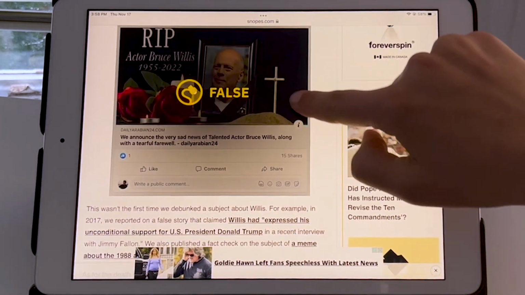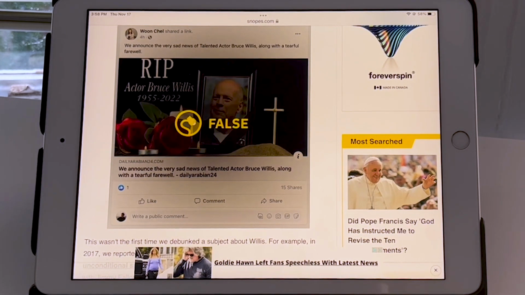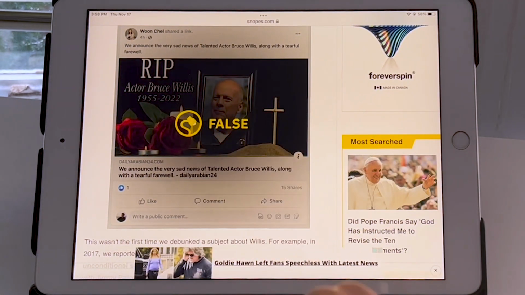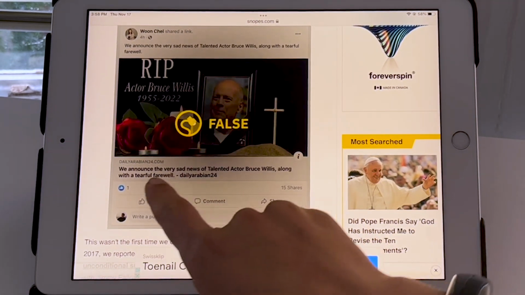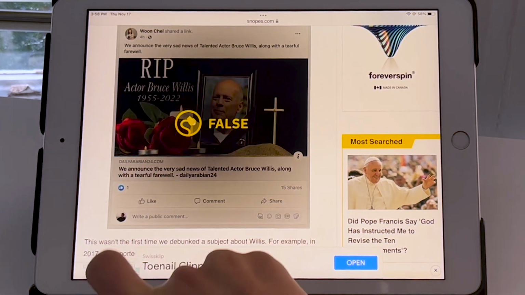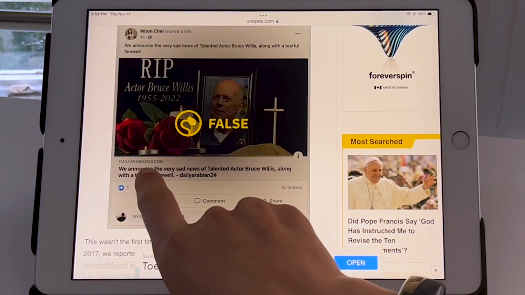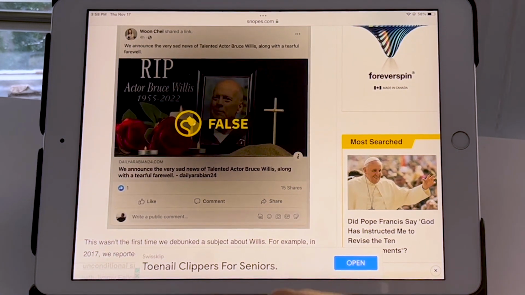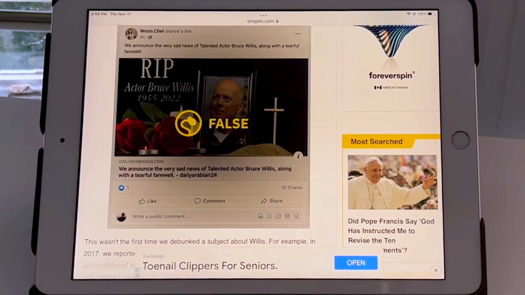But yeah, that was the original post. So it had this photo, it had the dates, and as you can see here, it's showing the source of this article, dailyarabian24.com. I've never heard of that, so that's something to be aware of,